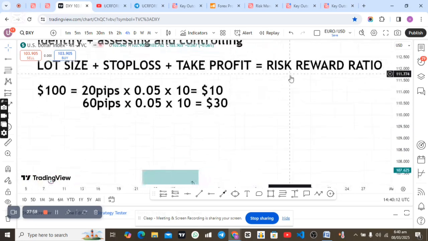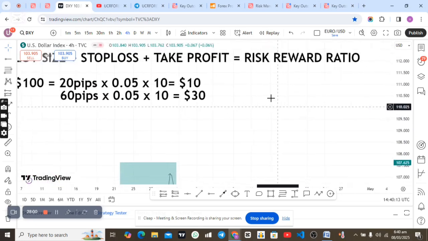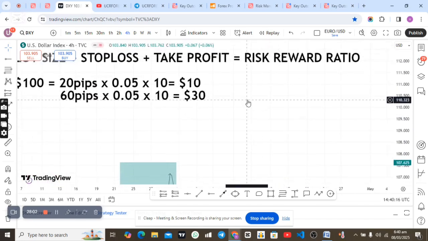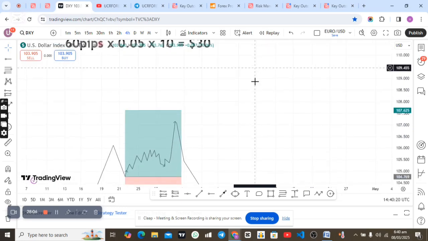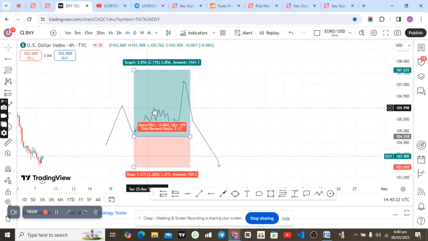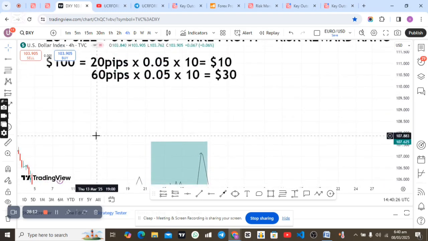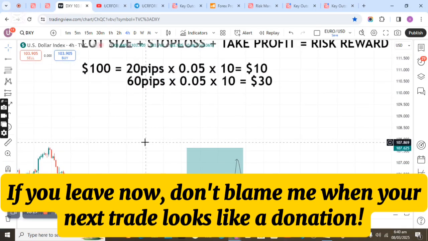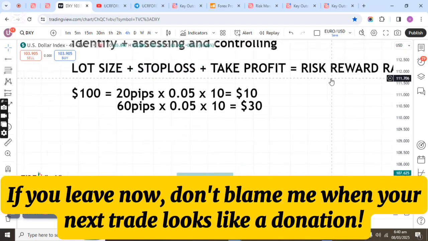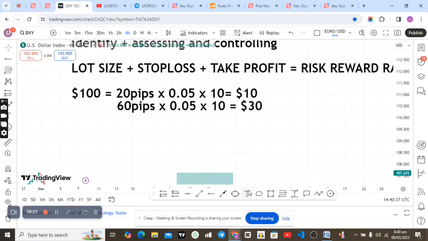So I will be trying to explain what risk to reward ratio is, for you to understand how it will enable you to be on a profit for a very long period of time, and how this thing can endanger or destroy your risk to reward ratio. And you will see that you will be continuously depositing without making any withdrawal. All right, let's explain risk to reward ratio. Now you made a decision that you are not to lose more than 10 USD. That is a good decision, right? That's a good trading plan.